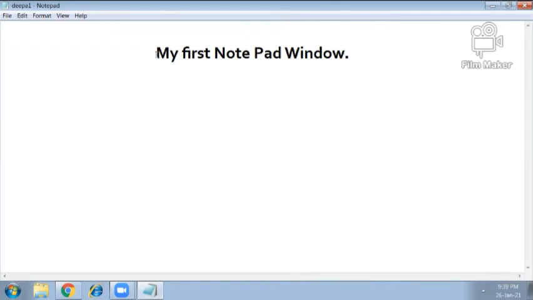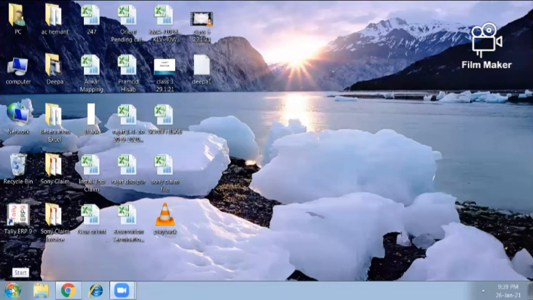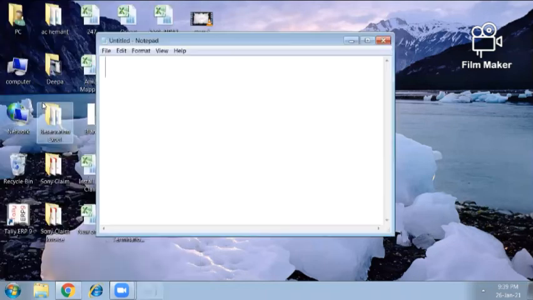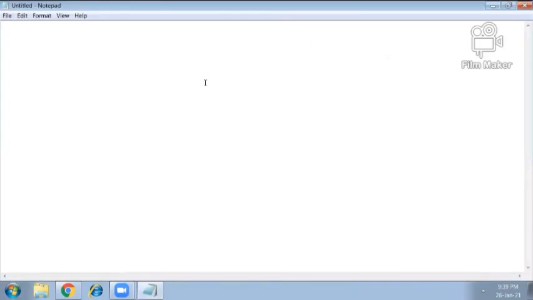Now let's revise all the things again. Close it. This is your Start button at the left hand side of the taskbar. This is the system tray and this background is known as desktop. These small pictures are known as icons and these are the files. Files and icons I will tell you later on. In the next class, we will discuss icons and files. Start, All Programs, Accessories and then Notepad. To create a file, we have to write something on the file.